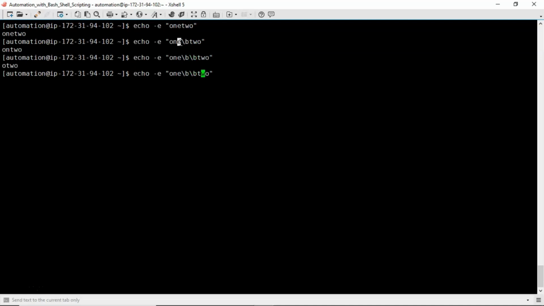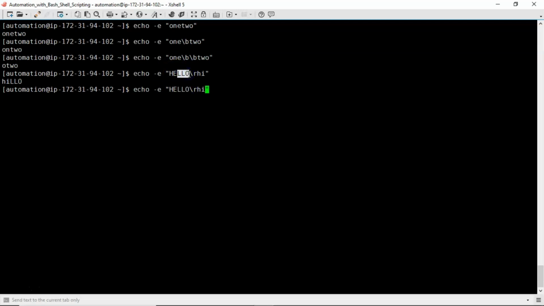The same way, you have carriage return. Suppose I am writing hello slash r hi, and see the result now. First it will display hello, but because of slash r, your cursor position will come to the very first place, and from there onwards it will try to write the data, that is hi. So h and i will replace the place of h and e, and the remaining information will be there as